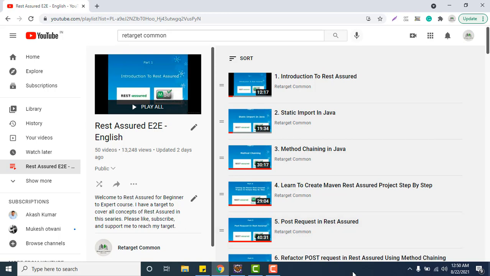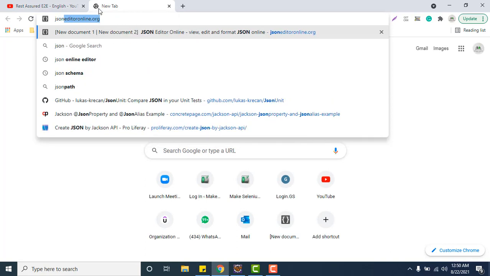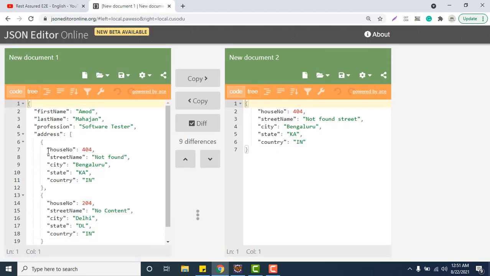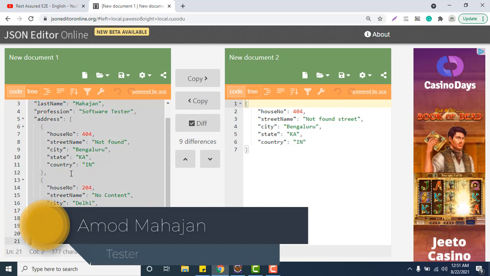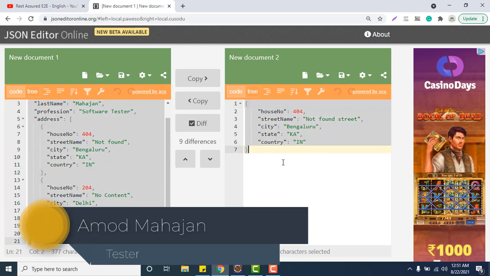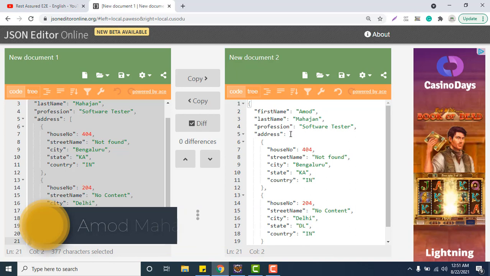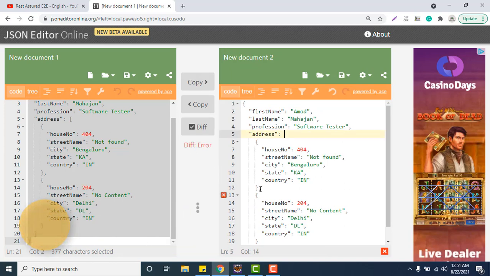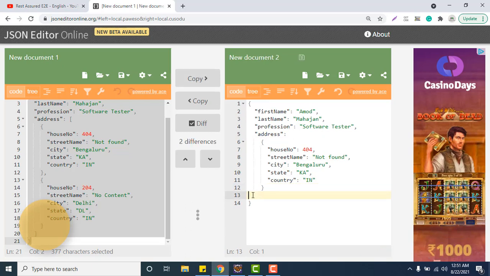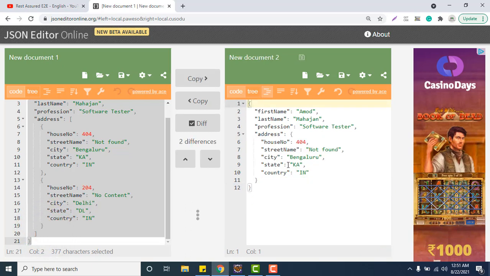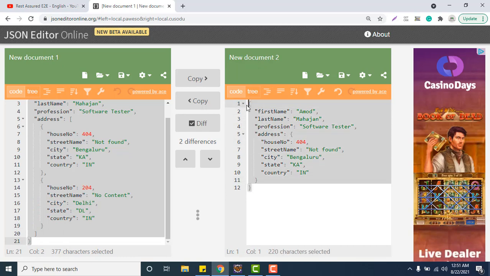Just for a recap, let me go to jsononlineeditor.org and copy and paste the JSON. In the last video we created the JSON object given here using the Pojo classes.